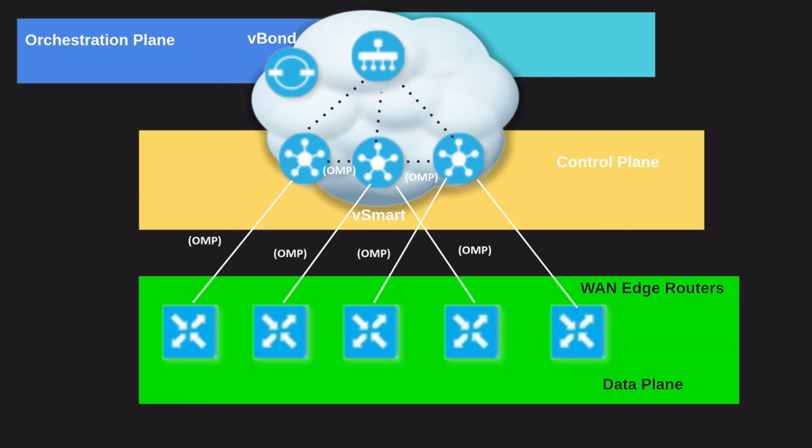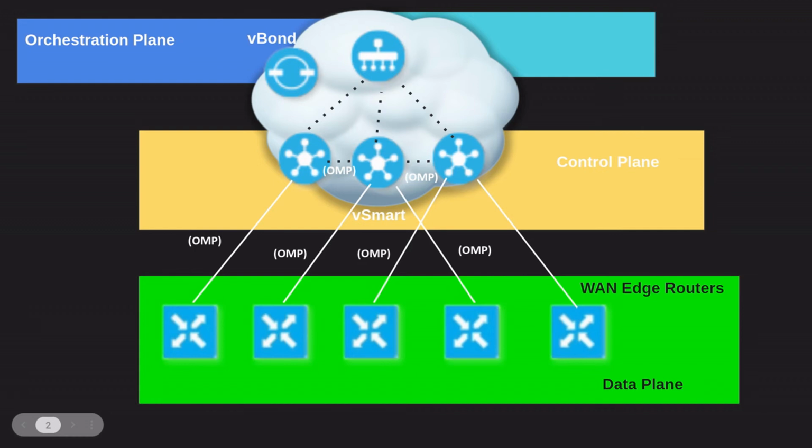The way that they communicate and authenticate to the vBond is by using a zero trust certificate-based allow list model. The Cisco vBond automatically distributes a list of Cisco vSmart controllers and the Cisco vManage system to the Cisco WAN edge router during the deployment process. So that after they are authenticated to the vBond, they get a list of the vSmarts and also the vManage, so they can be controlled and can be part of the